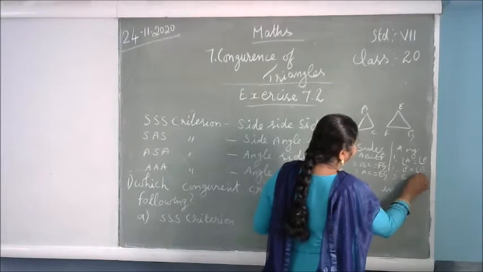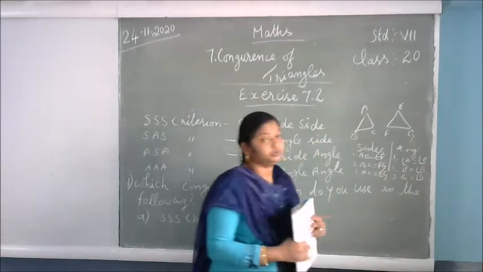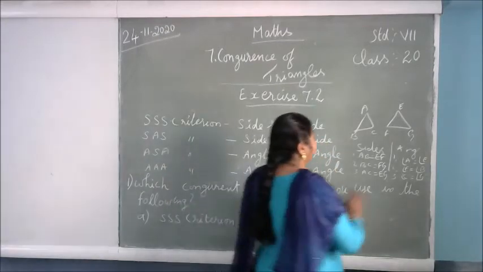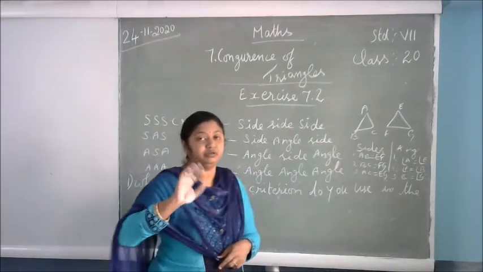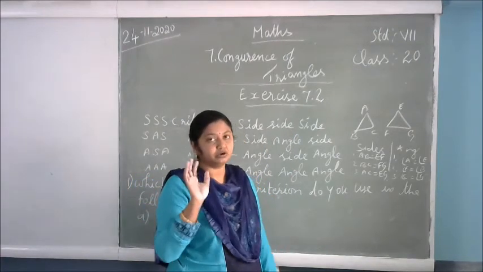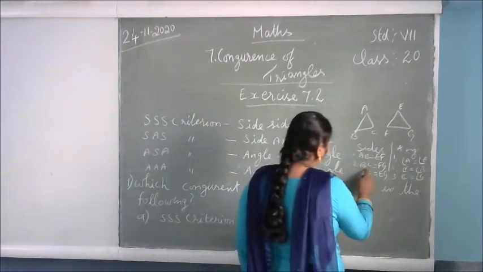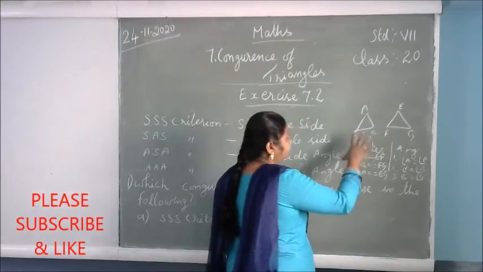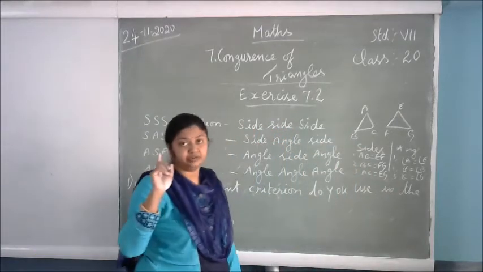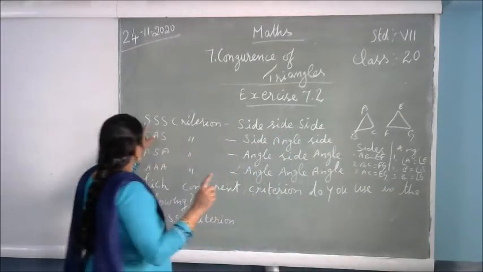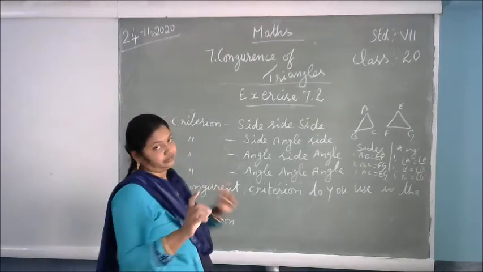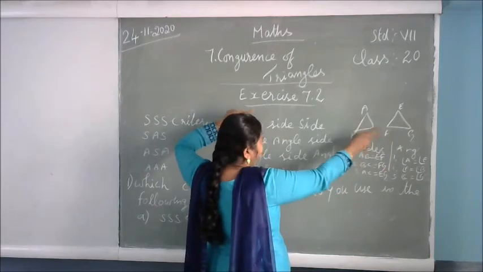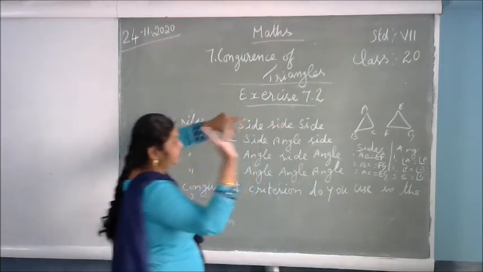Angle C is equal to angle G. In triangles, there are totally 6 criteria you can use to prove congruence, but in this only 3 proofs. If the figures are congruent and they are giving only the sides as proof, this side, this side, this side are equal, that is called the SSS criterion. Only the sides they are giving as proof for 2 triangles. That is the SSS criterion.